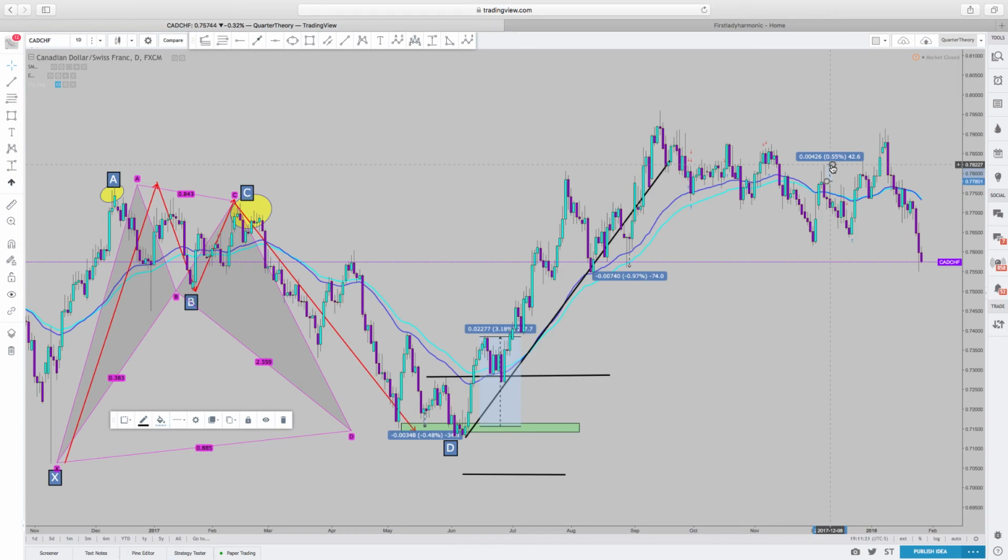Because some pairs that I trade move a lot, and the ones that move a lot are very wicky because they're stop hunting. That's how you know they're getting ready to make a move. They're trying to clear everybody off the board so they can make the move, because they're not trying to have anybody make money. So when I'm trading a pair that's quite wicky, I definitely would use a little bit more than 30 pips,